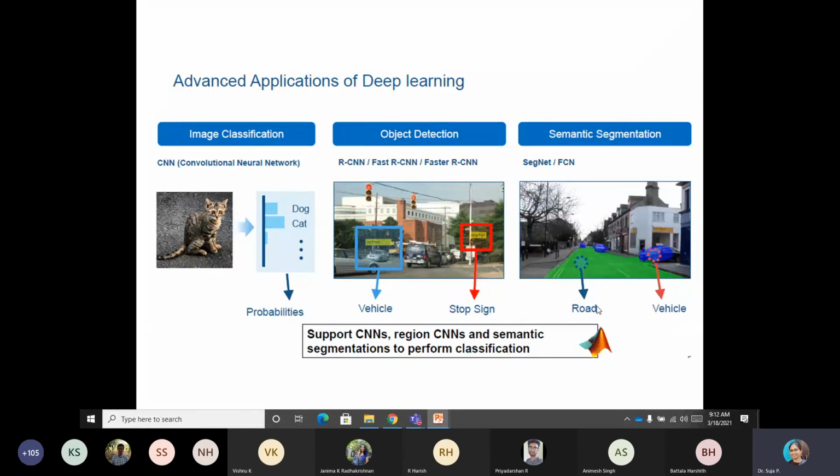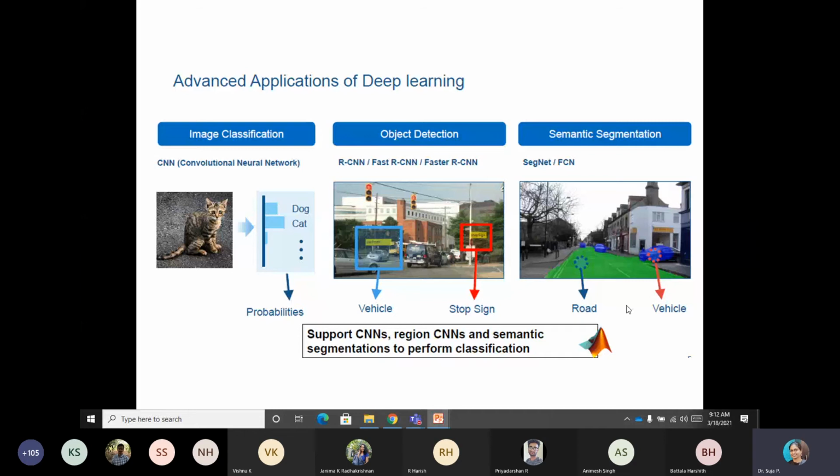Suppose it is an unmanned aerial vehicle. It is more about whether it is our own vehicle or a foreign vehicle, whether it is within the boundary or crossing the boundary, whether our vehicle is crossing the boundary or some other country's vehicle is entering here. Then you have to monitor it, earmark it, and continuously monitor. For that you need the segmentation and all this detection, etc.